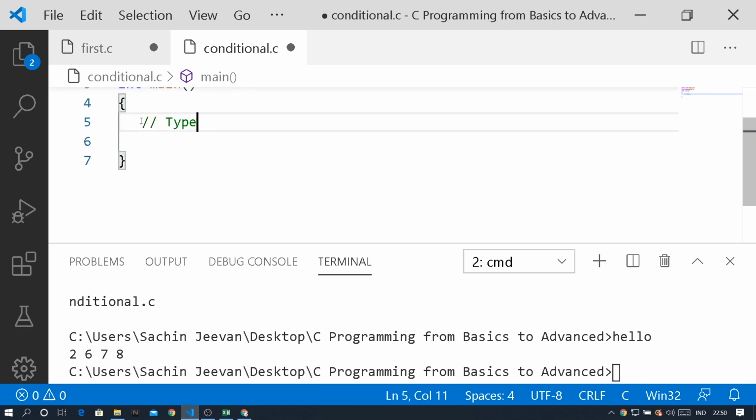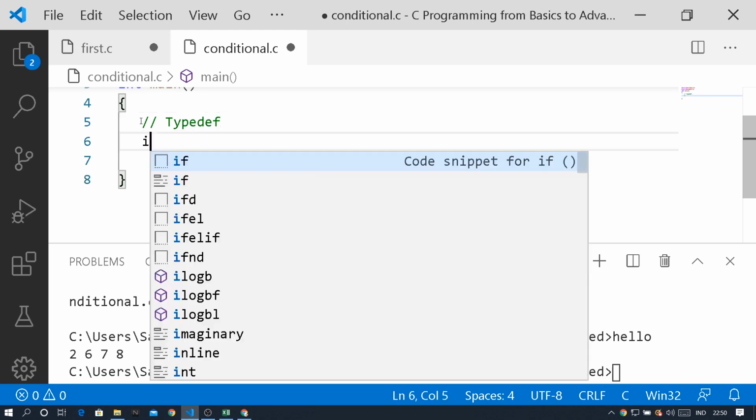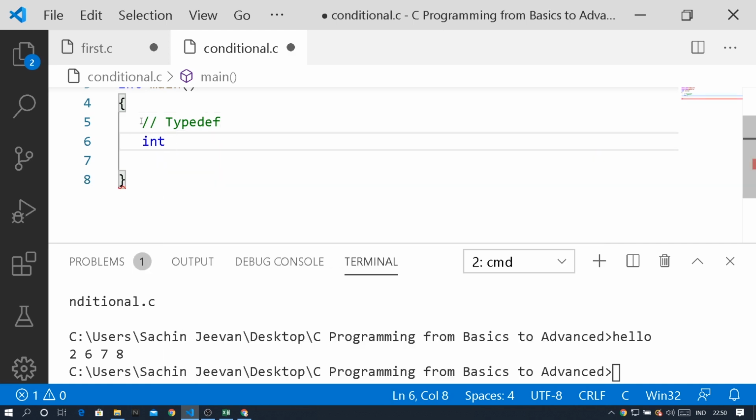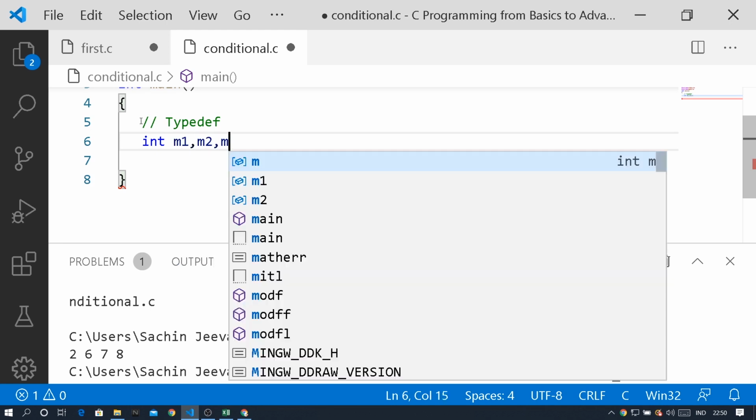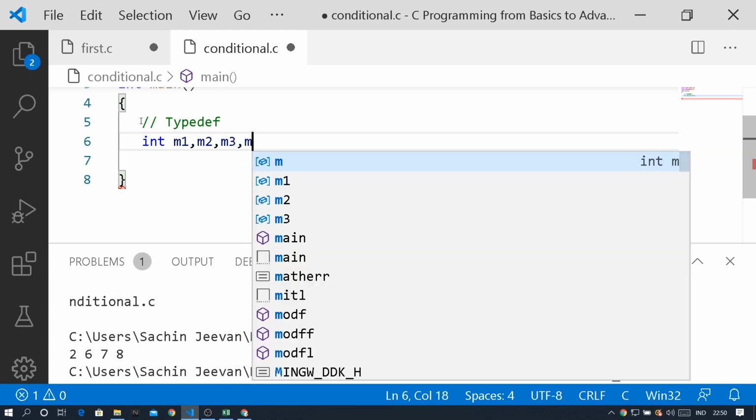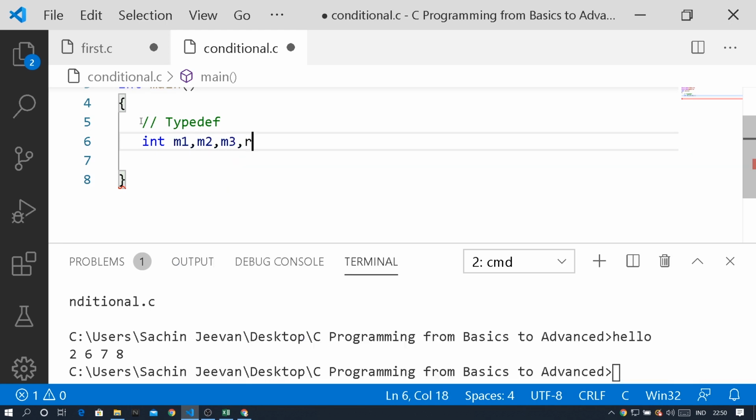What for is typedef? Typedef is also a part of user defined data type. Why this is called a user defined data type, we will see now. For example, let me show you a declaration: int m1, m2, m3, and for example r1,